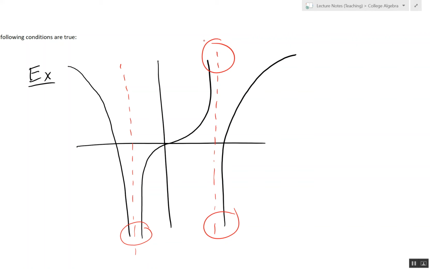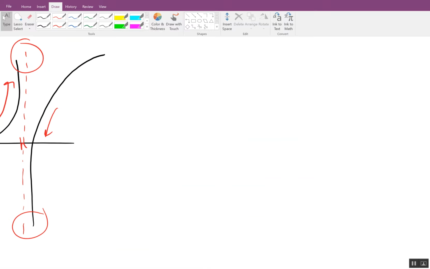But the idea right now is we should be able to identify what an asymptote is, because the two functions we're going to talk about in the next video, the reciprocal function and the 1 over x squared function, have vertical asymptotes. And you notice that h, like let's say this is h, we approach from both sides. But that's not always true. We'll see a function later in the semester where